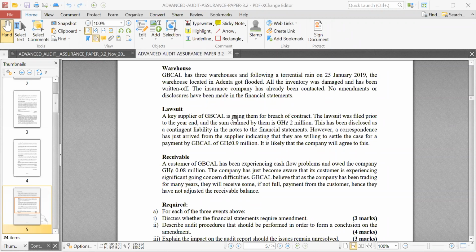Okay, but what about, I'm not saying you're wrong, but what about recoverability? Is it highly likely that this is recoverable? How much is it? 80,000? Oh yeah, 80,000 is recoverable, even though they are going through some cash flow difficulties. Well, I could say the amount is not that huge, 80,000. So I think they could recover. As they said, they could recover some, if not all. Okay. Yes, please. Any alternate view?